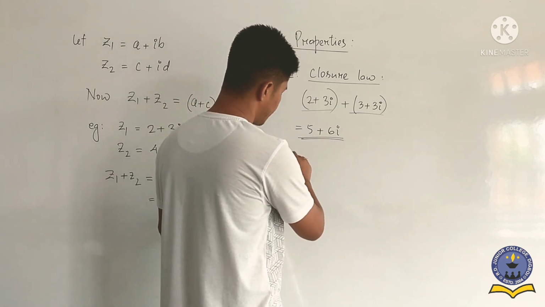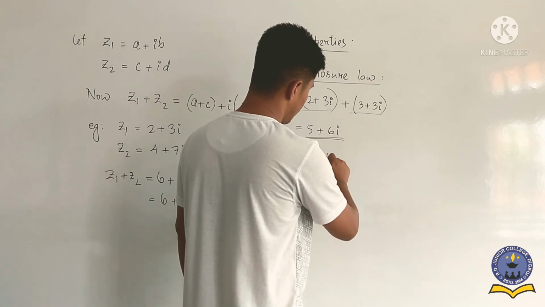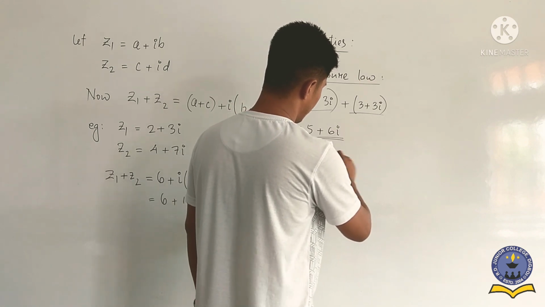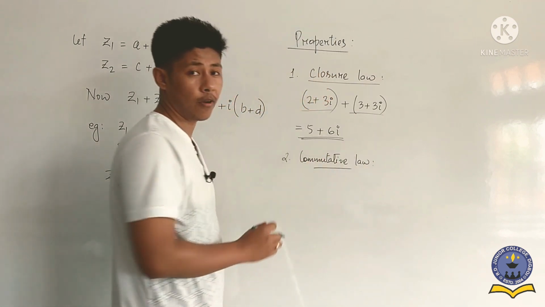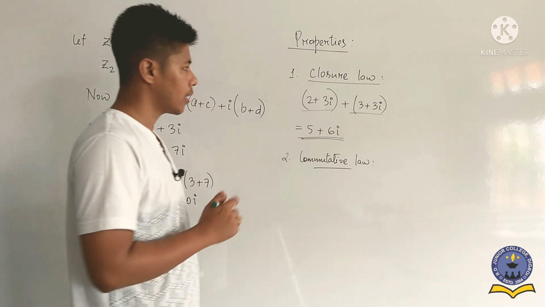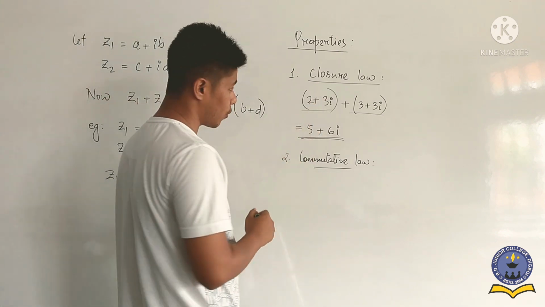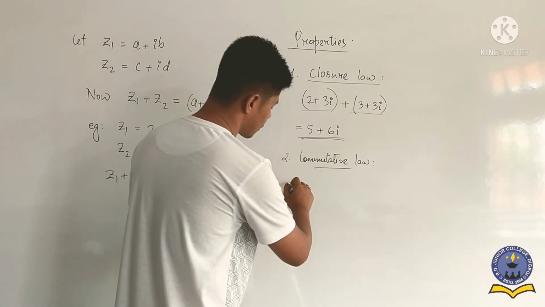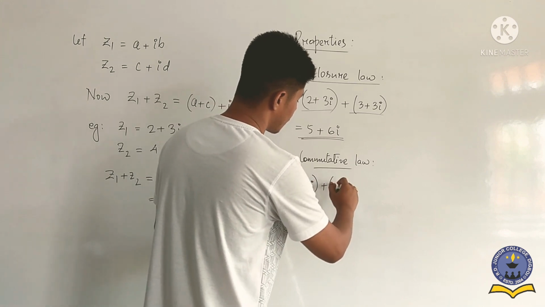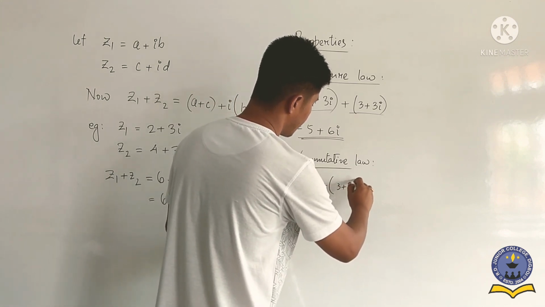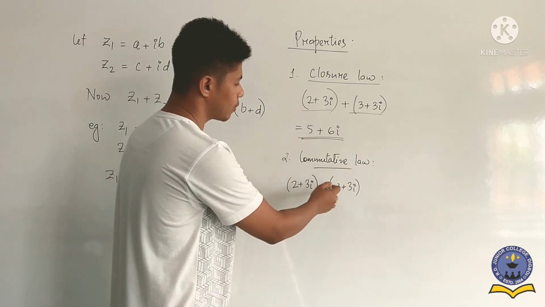Then the second one, if you see here, commutative law. So second one here we discuss commutative law. This one is again a very interesting law. So in this case what we get? If we add two complex numbers, for example, if we take this example one more time, if we consider 2 plus 3i, and we add 3 plus 3i, whatever we consider here, 2 plus 3i, 3 plus 3i, if you add these two, then what we get?